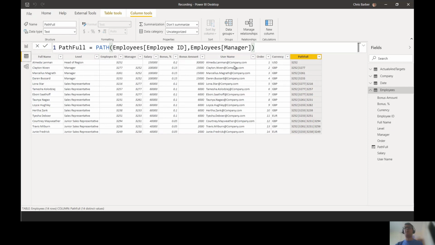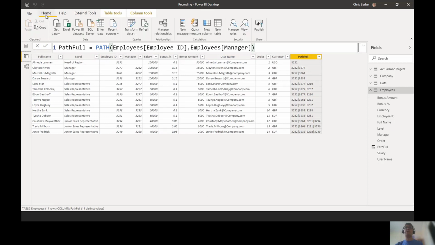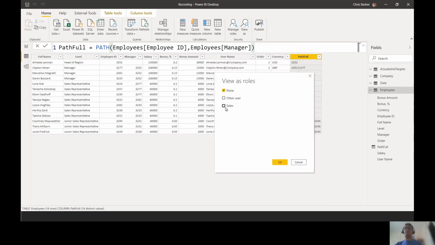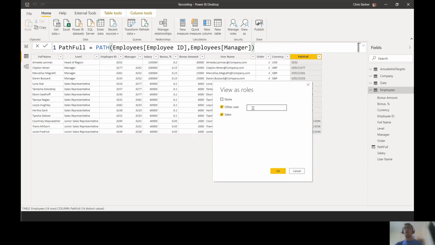Okay, so how do we do this? With our employees table selected, we're going to go home, and then we're going to go view as, and we're going to test it as each individual. So if we go view as, and sales was the name of the role I created, I'm going to have to tick other user. If I don't tick other user, it will treat me as Chris.Barber. I want to test it as somebody else. So if we test it as Daren, who we've been looking at,